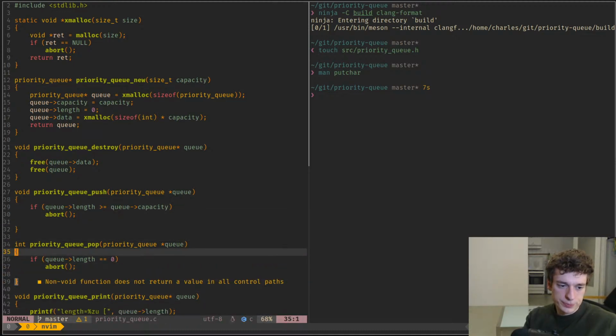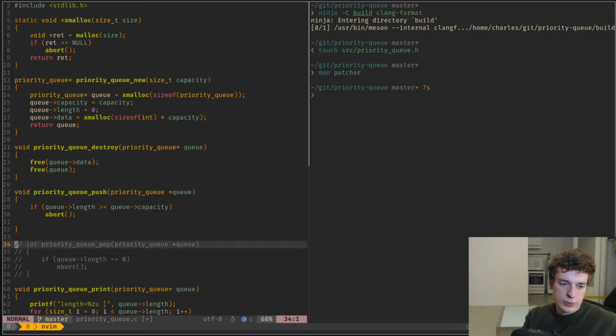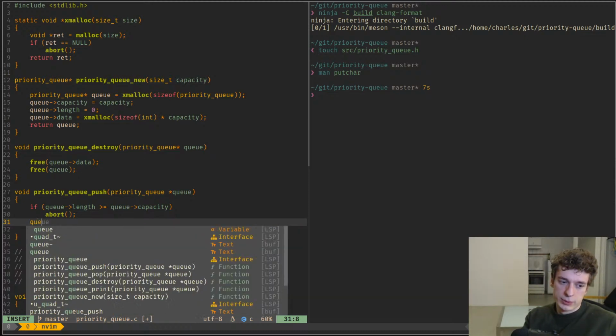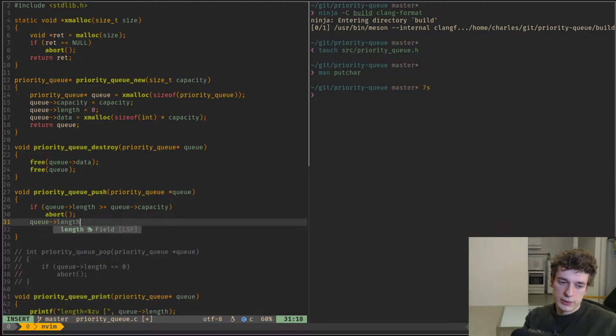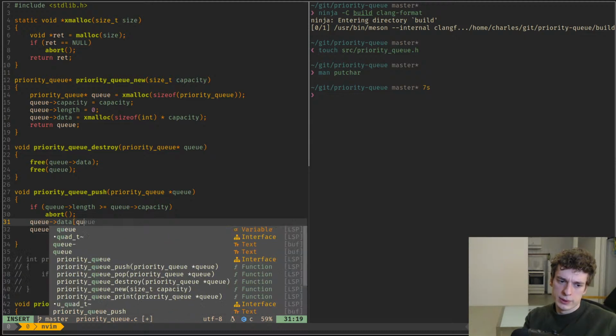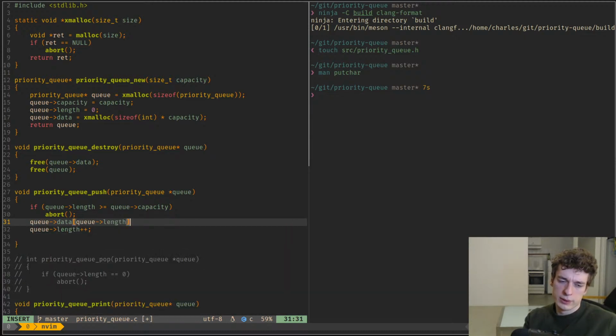Okay. Let's not worry about the pop for now. So what we need to do is q length plus plus, and we do q data q length is equal to, we need to push